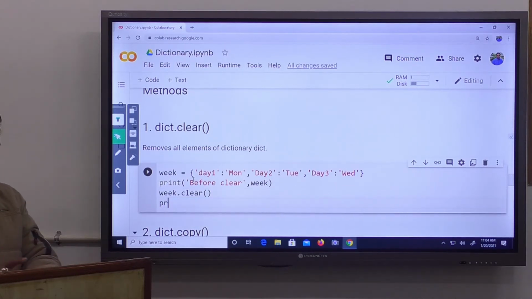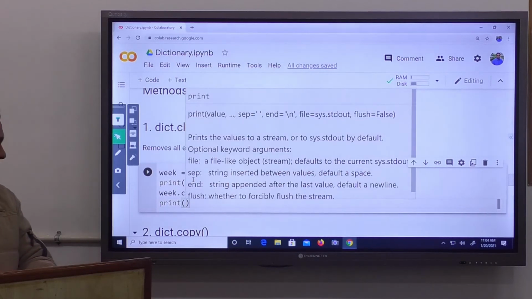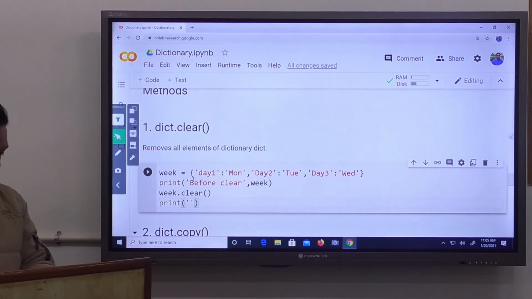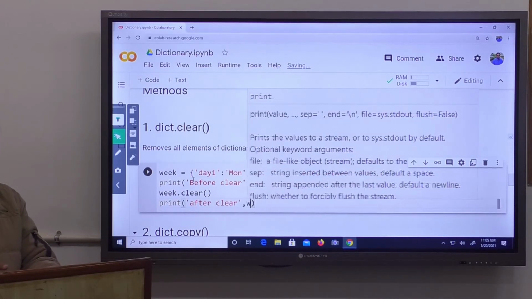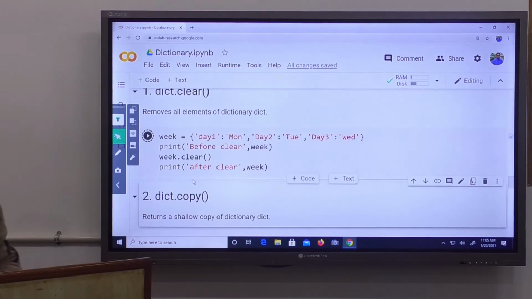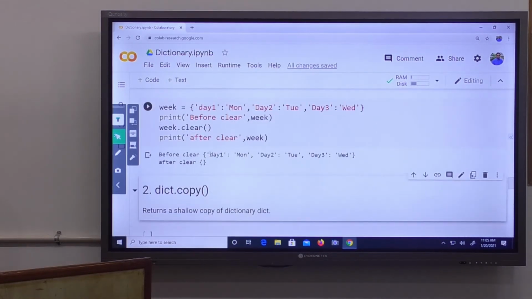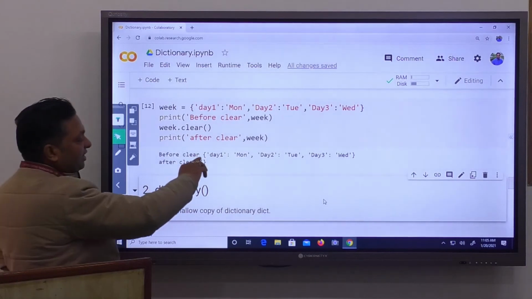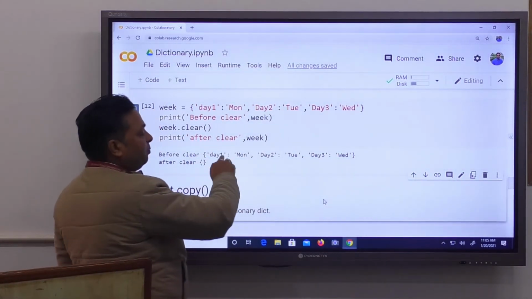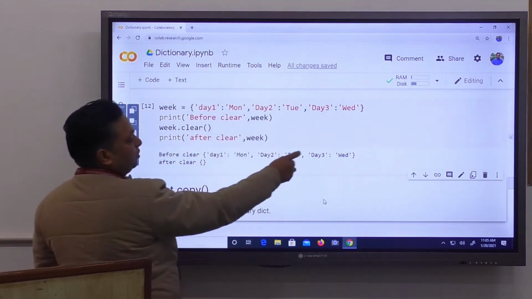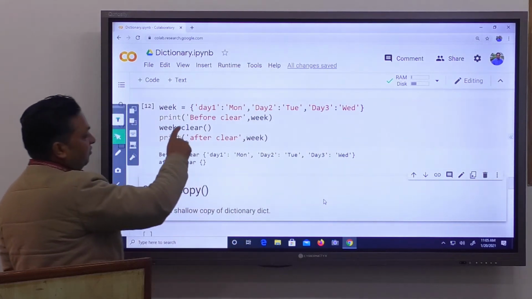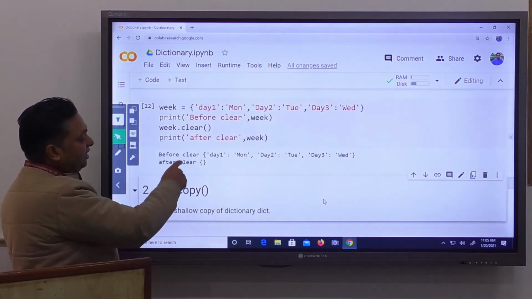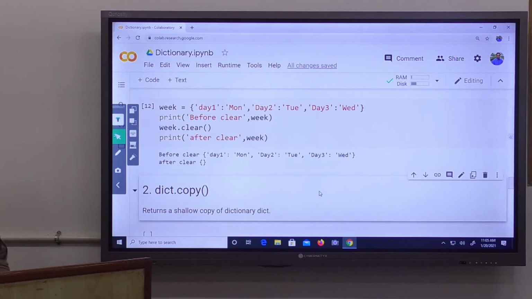After clearing, I am going to print the same dictionary again, after clear, and run it. You can easily see before clear our dictionary has some key value pairs like day 1 Monday, day 2 Tuesday, day 3 Wednesday. But once we apply the clear method, it clears and returns an empty dictionary.